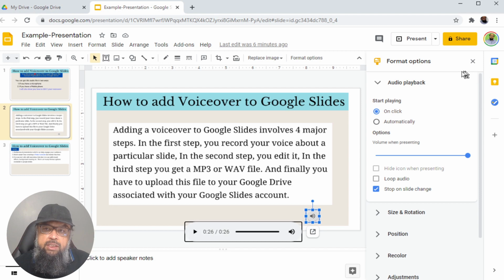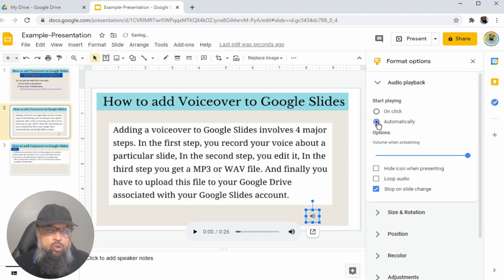And these options are available in this format options area. For example, by default this "on click" is selected, and it means that if someone plays your presentation as a presenter, they will have to click and then the audio will be played. If you want this audio to be played automatically as soon as somebody enters presenter mode, you can check this one, automatically. Of course, they will be able to change it, but you can adjust the default volume